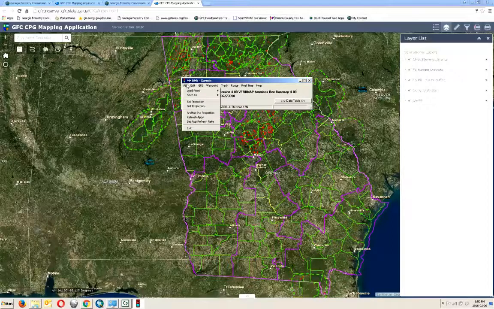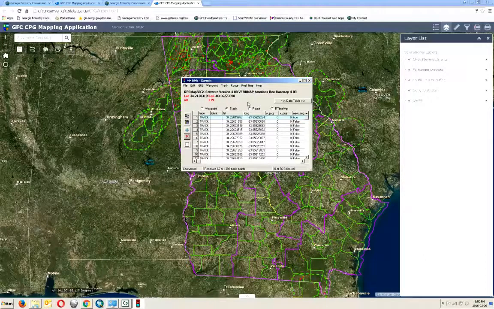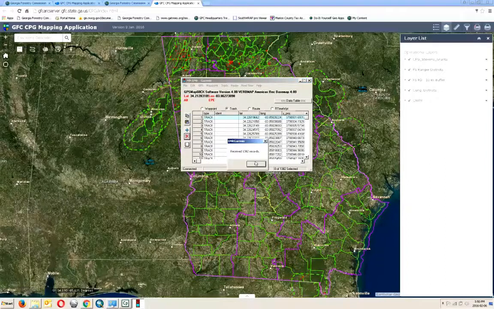We are going to download track2. Most of you are familiar with this. So what happens when you do this is every one of your saved tracks, plus the active log, is downloaded here. So it's a good practice, which I haven't done, and many of you may have a number of these saved tracks. Once you download a track to the computer, then you can delete this from your GPS unit,